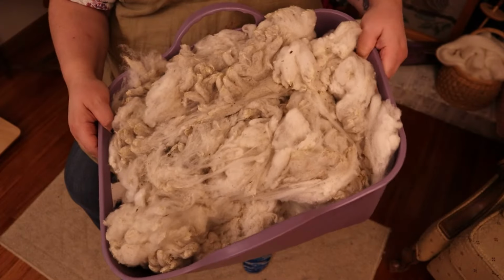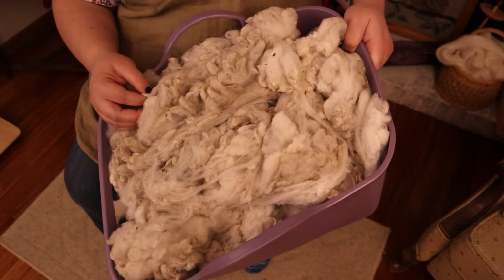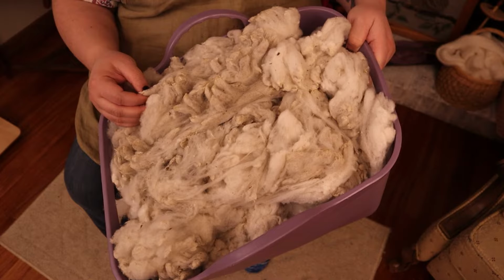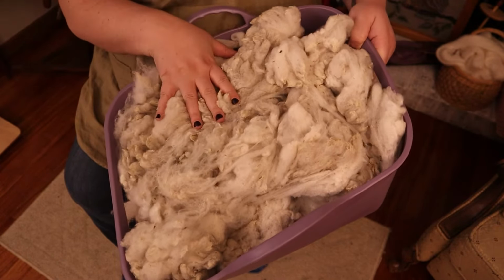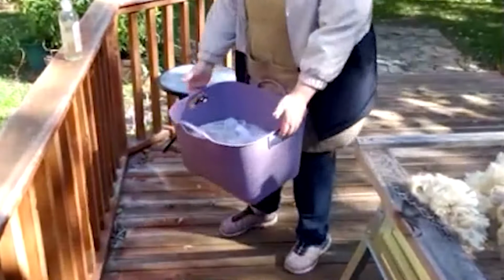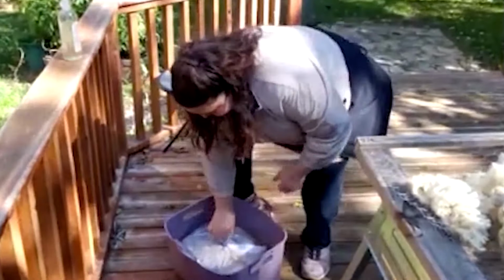I have a fleece here from Ranching Tradition Fiber from Montana. This is a Targhee Rambouillet cross sheep. I have scoured this wool, and you can watch how I did that on my fleece to sweater tier over on my Patreon if you're interested. I'm going to process some of this wool with my combs and then some more with my hand cards. I'll spin up a sample of each, and you will be able to see how the processing affects the final